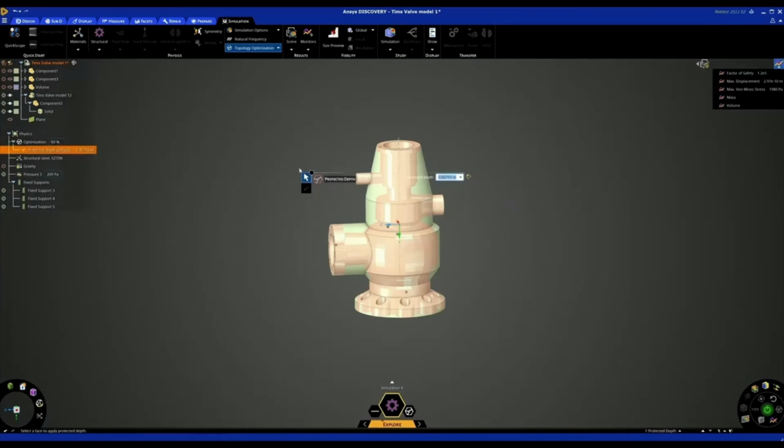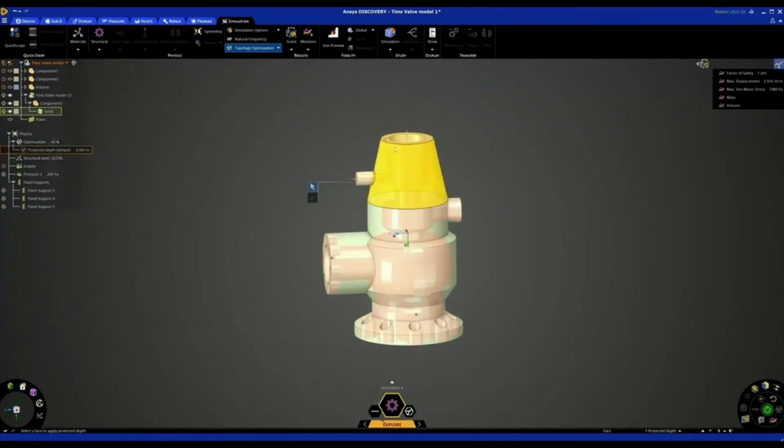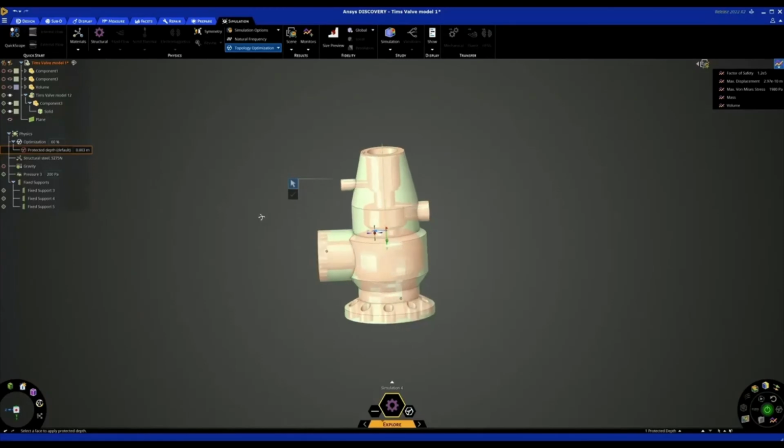Also, I'm actually going to decrease our protected depth, that's protected area, so it will remove more material. So I'm going to say 0.3, and you'll see that this protected area then just decreases this pink area. So once I've got that set up, I can then start to solve my simulation. So if I hit the solve button now,